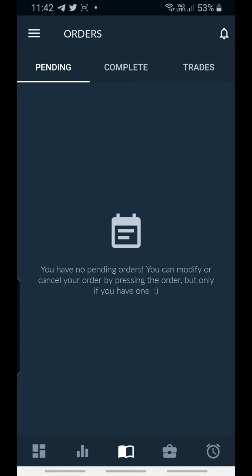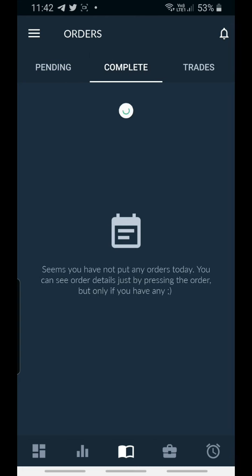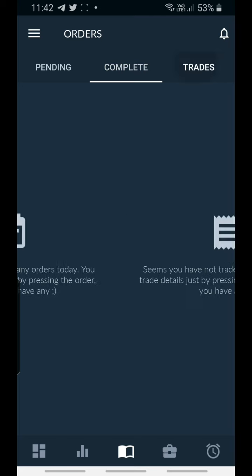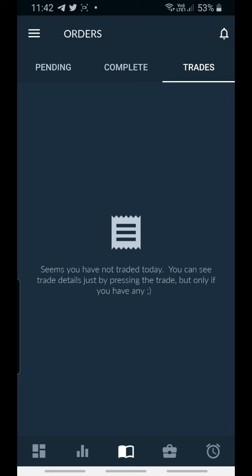So fine. And next is completed orders. Let's say if you have put any limit order or any targets or any buy order and the order has been triggered, then it will show in the completed orders. And the number of trades will be shown here. The rejected orders, pending orders, cancelled orders, completed orders, all orders will be shown under these trades. Fine. Okay, so this is about orders.